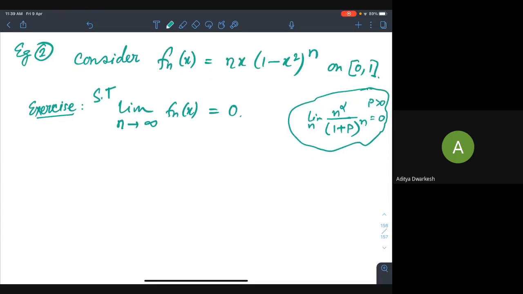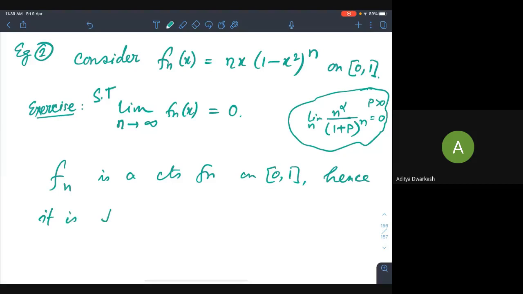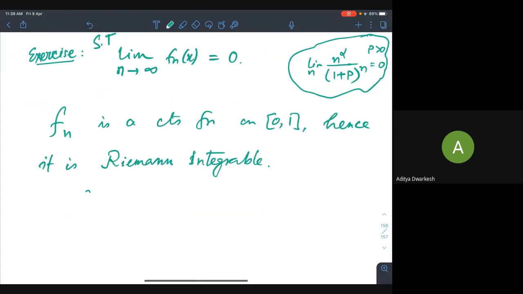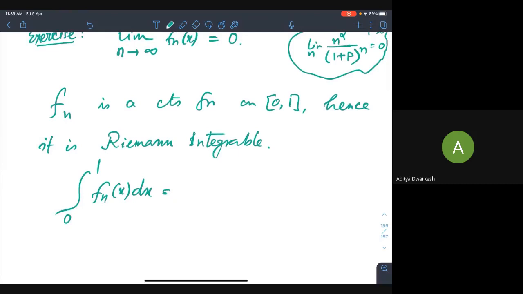So the f_n are continuous. f_n is a continuous function on [0, 1]. Hence it is Riemann integrable. So therefore, you find the integral from 0 to 1 of f_n(x) dx. It is not very tough. So